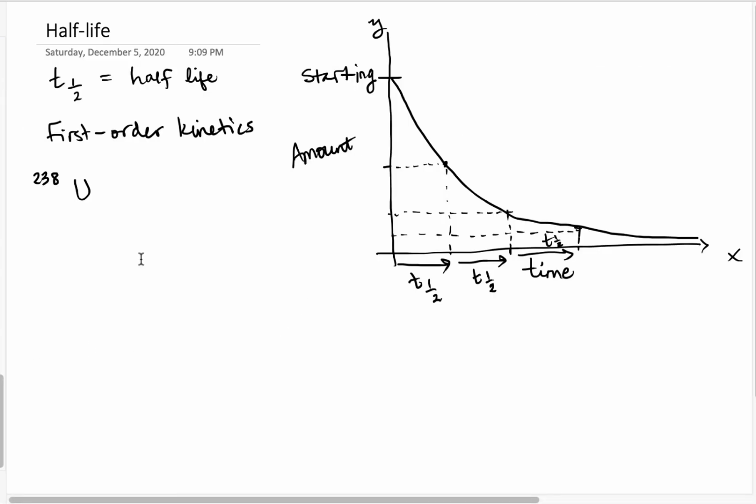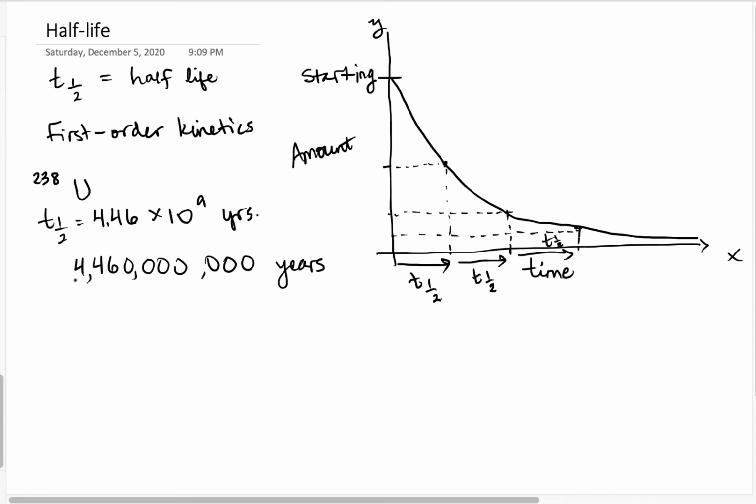So let's go ahead and write that out. 4.46 times 10 to the 9 years. So if we write that out with zeros, there's 6 zeros, and then there's our 9 zeros. So this is 1,000, million, billion. Am I doing that right? Yeah. So these are billions of years,